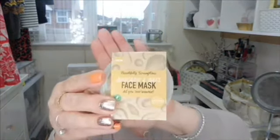I'm going to do a little review on this particular face mask. So this is from Poundland, and my daughter Hannah gave it to me as part of my Mother's Day present. Okay, so what it says, our rich, thick blend of brilliance is all you avo, because it's avocado, wanted in